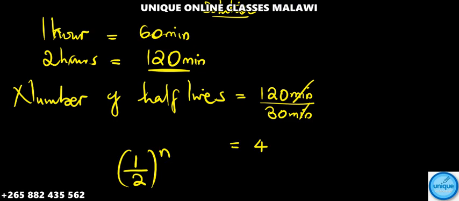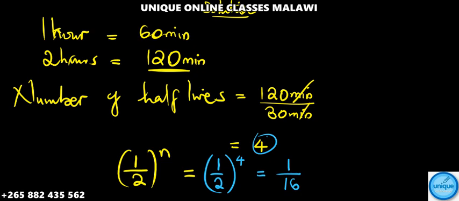So the fraction which is left after 120 minutes, we're going to have 1/2 raised to the power 4 here. You see? So 1 to the power 4 is 1, and 2 raised to the power 4, the answer is 16. So the fraction which is left after 120 minutes is 1/16. We are done with